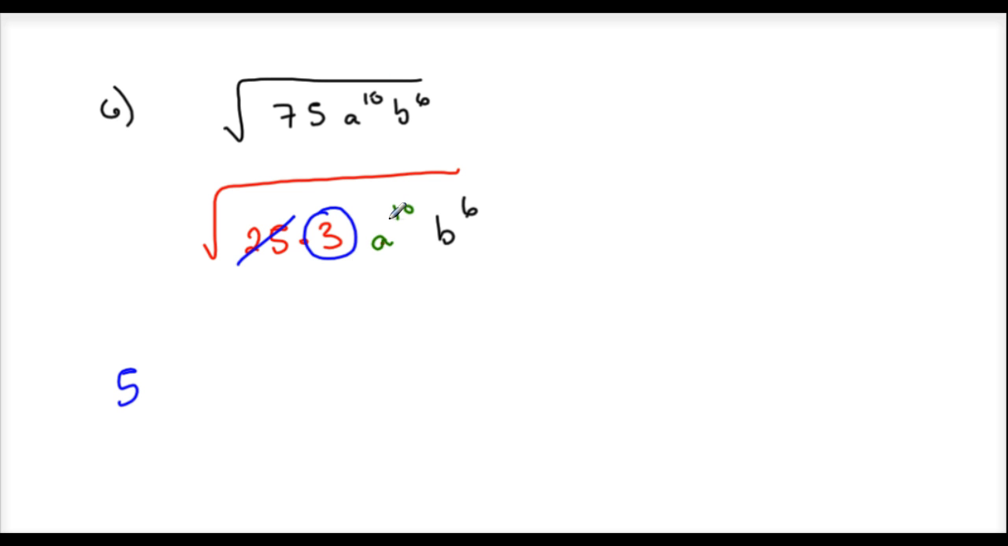Okay, so I should be on my toes here. I have this even power, a to the 10th. Square root of a to the 10th comes out as a to the 5th. So it was even, and now it comes out as an odd. What do I need? Absolute value. B to the 6th becomes b to the 3rd, or b cubed. It was even, came out as an odd. What do I need? Absolute value again. So then radical 3. So you have 5 times the absolute value of a to the 5th times the absolute